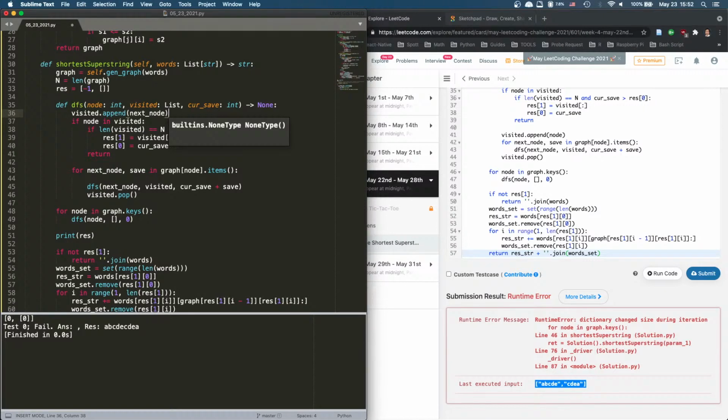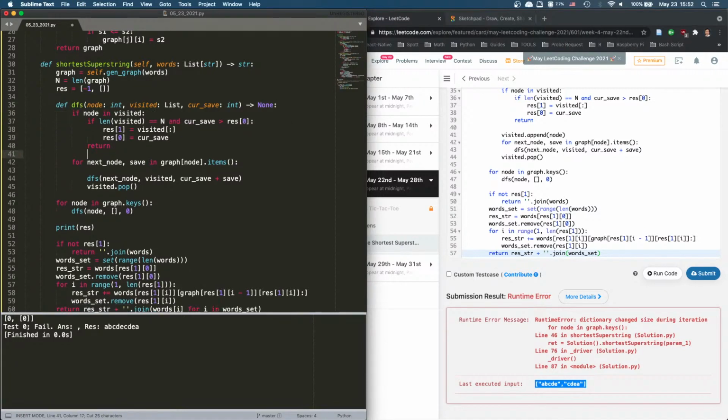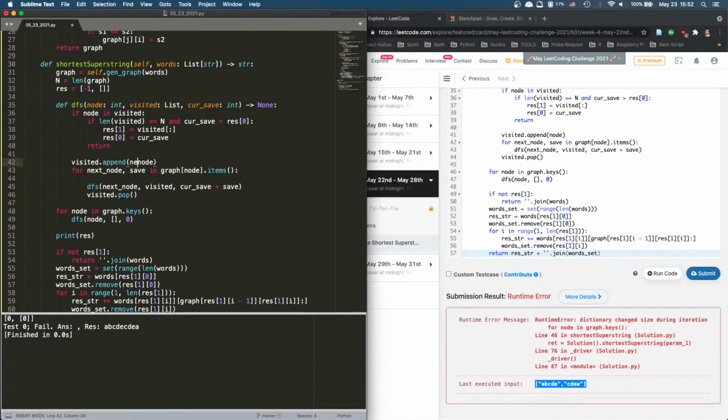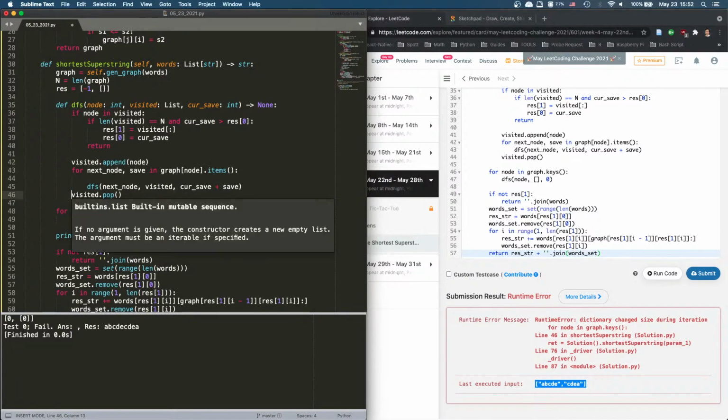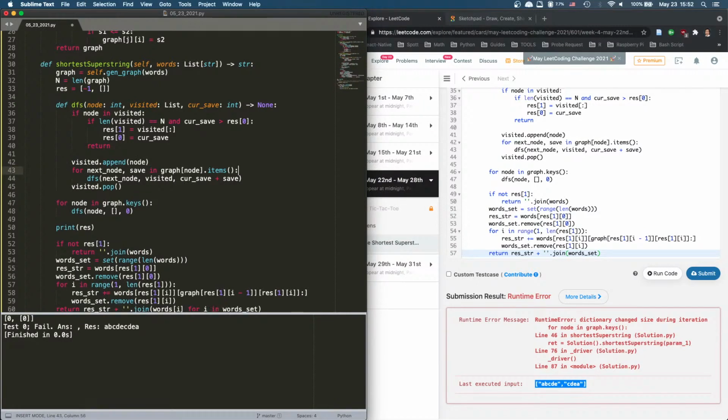A node coming in, and I want to put a node inside, right? A node coming in, so I'm going to visit it. Now let's go to the old version. I'm going to say it'll be here, and then I'm going to pop here. The problem is when we go to the next node, coming out, the next node is not in visited, right? It's not in visited because, but I am visited, right? Which means